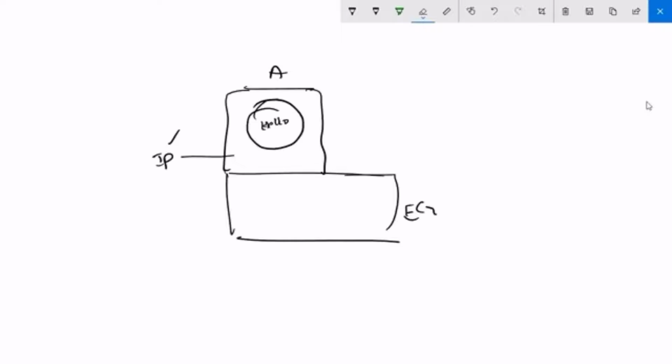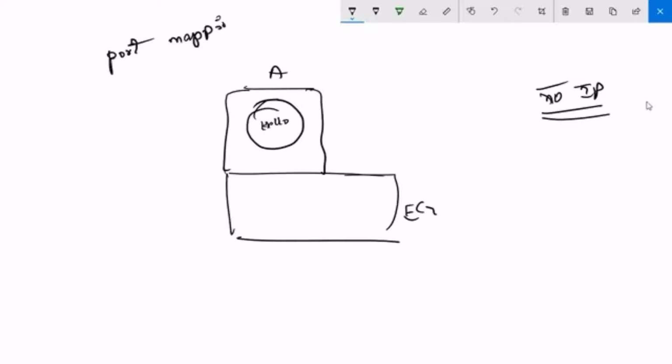But you have to understand one thing here: you will never get an IP address for the container, guys. The container will not have any IP address. Then how can we see this web page? It's impossible, right? Because we need to paste the container's IP address in the browser. So for that, we have a concept called port mapping.